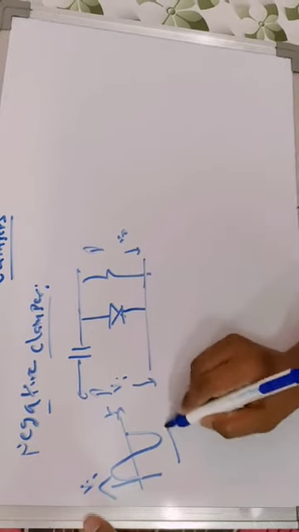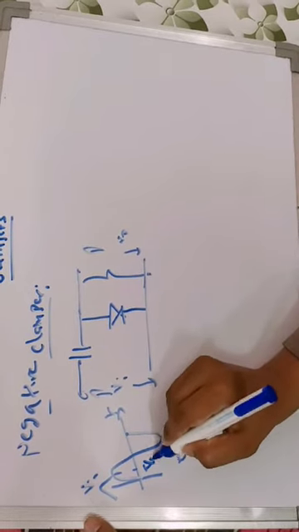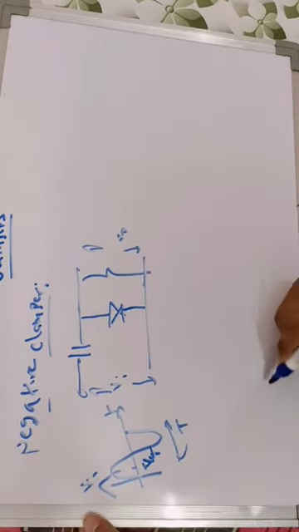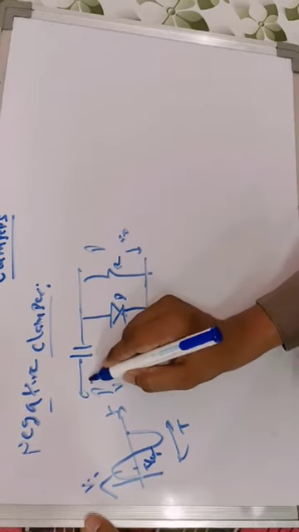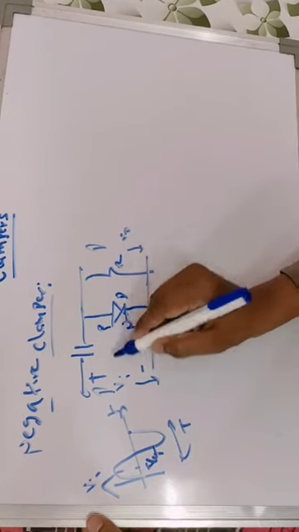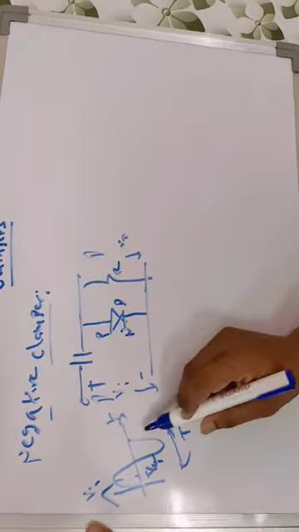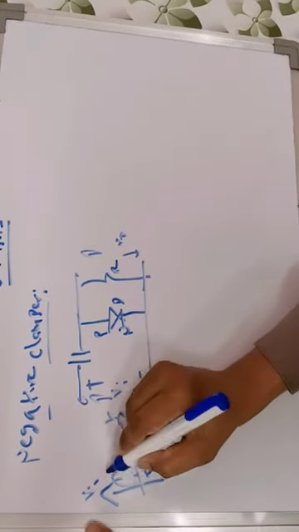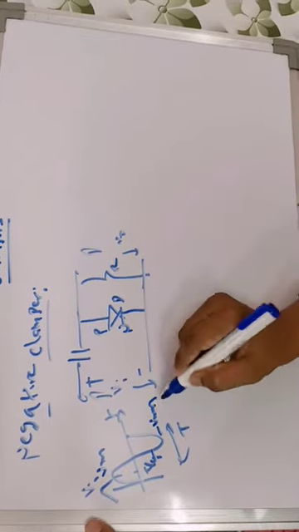Let us consider the total time period T. One quarter of the time period is T by 4. Now we will see in which case the diode is forward biased. When we apply a positive voltage to the P type terminal, the diode becomes forward biased. Let us take the input signal varying from Vm to minus Vm, so the peak to peak voltage change is 2 Vm.